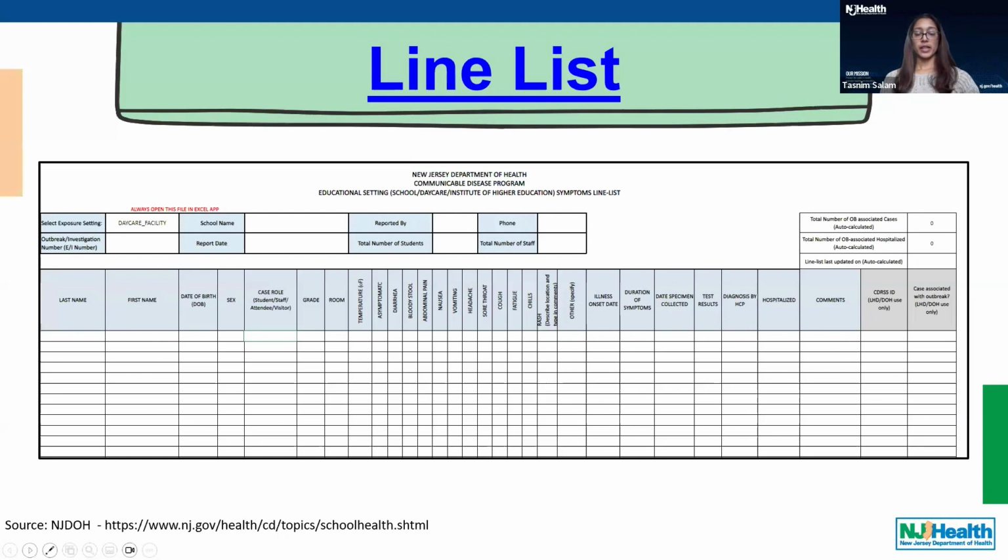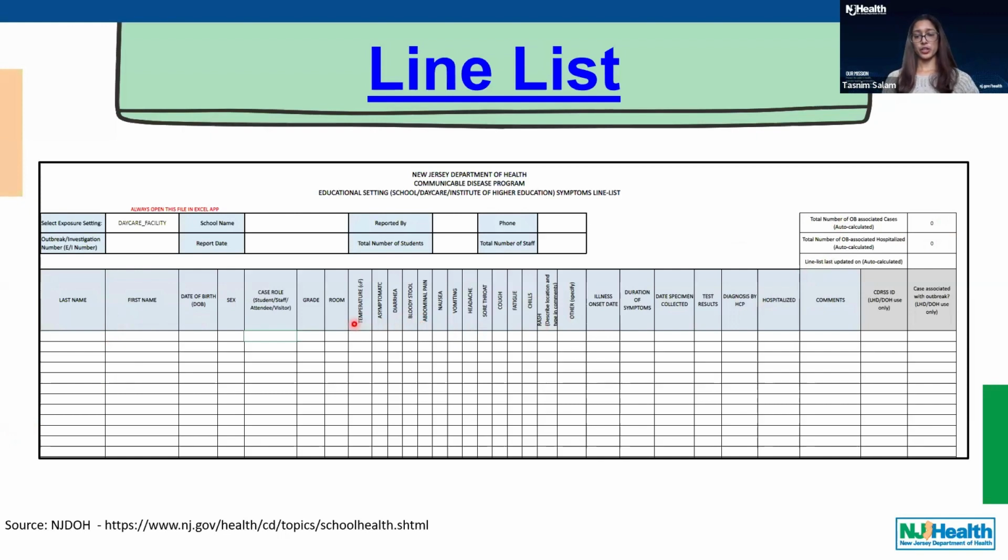Some information that can be gathered here include the names and ages of the students and staff, how many are ill, whether someone has norovirus symptoms, which we talked about earlier, and that can include vomiting, diarrhea, nausea, bloody stool, abdominal pain, as well as fever.